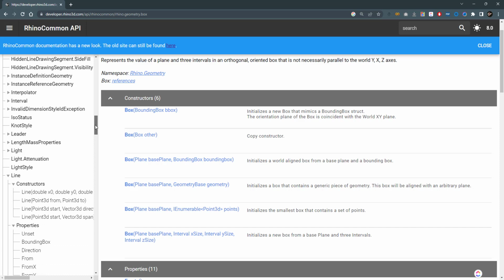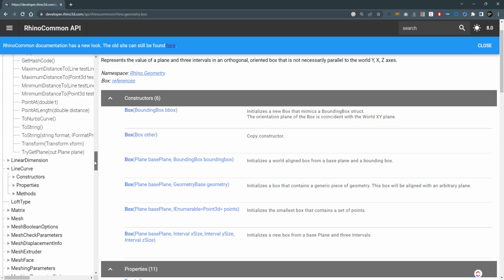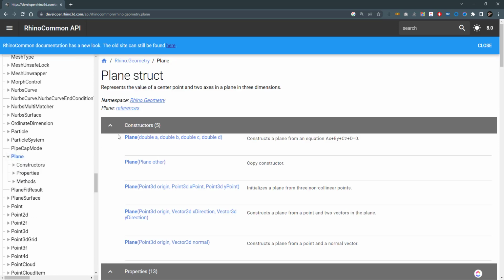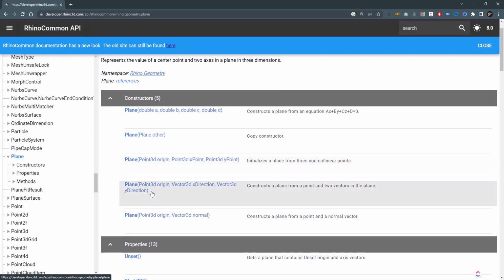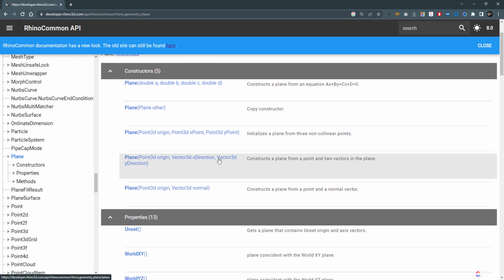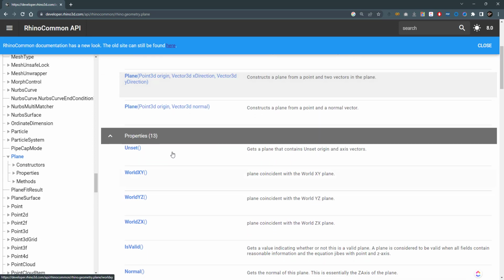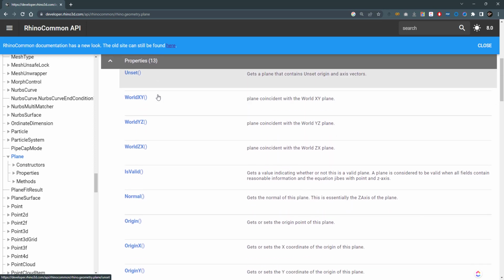And we've seen the interval, but we've never seen the plane geometry, so we'll need to check it quickly before getting to construct a box, and we'll find it under geometry here. So if we find a plane here, we can construct a plane using the equation ax plus by plus cz plus d. So you'll need to add the a, b, c, and d, using another plane, using a point, an x point and y point, a point and a vector with a vector direction, or an origin and a vector normal. So a lot of ways to construct a plane, but in the properties part of the plane we'll find some very interesting